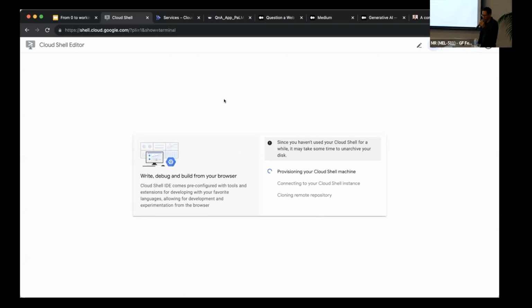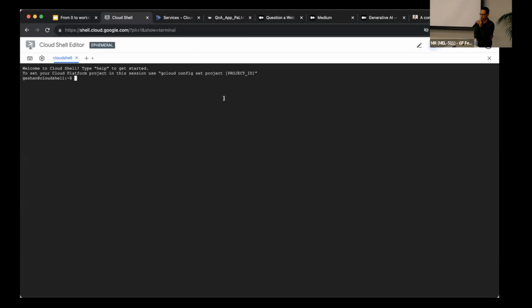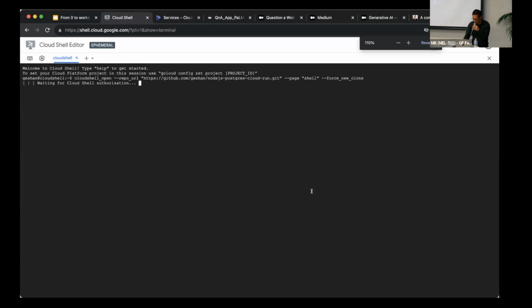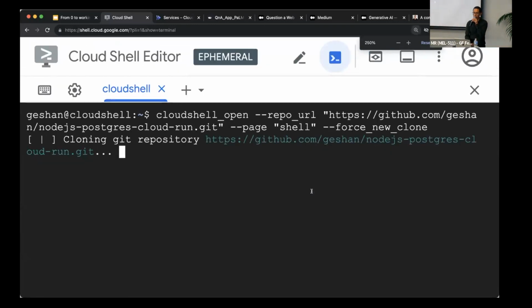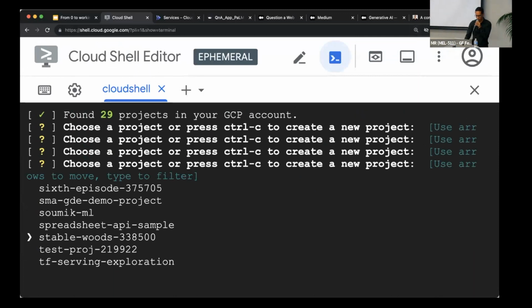This is the Google Cloud Editor, and right now it's just provisioning my Cloud Shell. It'll run some commands, get that particular repository, and we should have the API running. Let me do this for the people at the back. Now it's asking me which project I want to put it into.